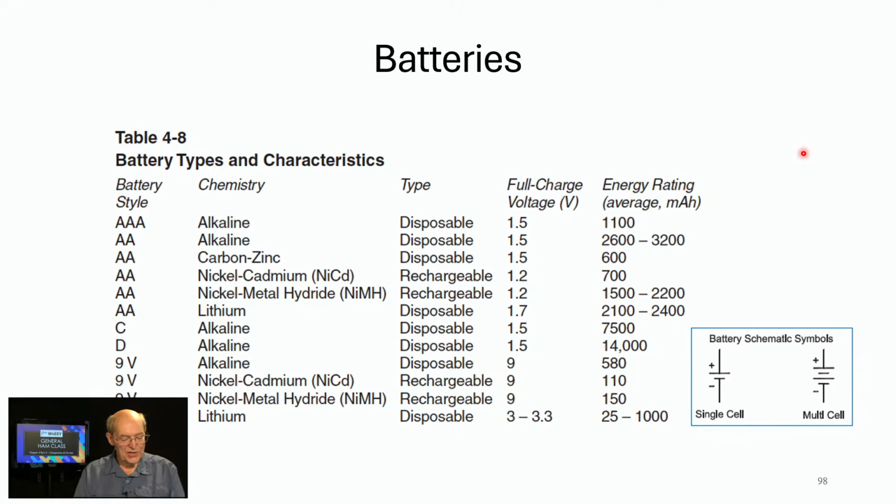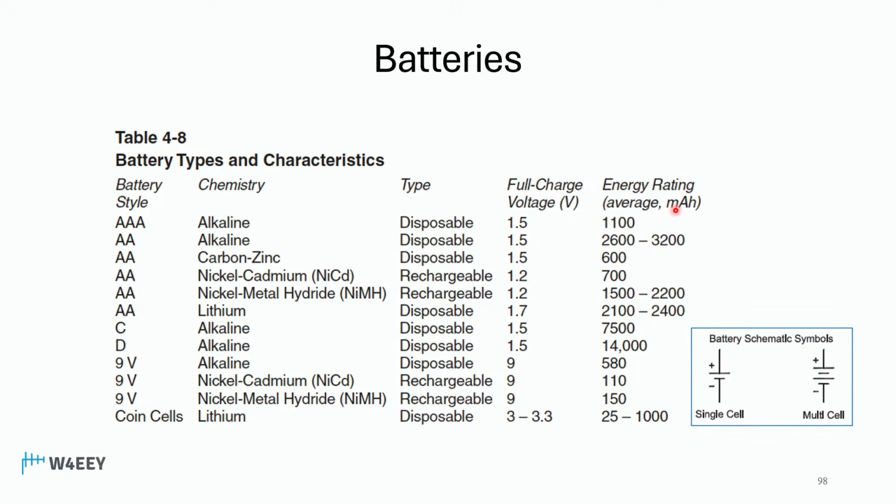This is an interesting chart I just put up for information. Notice the average of the energy rating. The ones that are high are alkaline and lithium. Notice these big numbers? That's why they're so popular. And look at this one, 14,000 milliamp hours. That's an alkaline D cell. You don't see those except in flashlights anymore. But I just thought this was interesting to compare the different battery technologies and what kind of energy you could